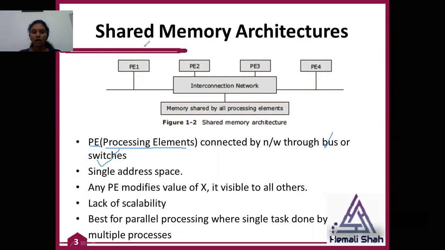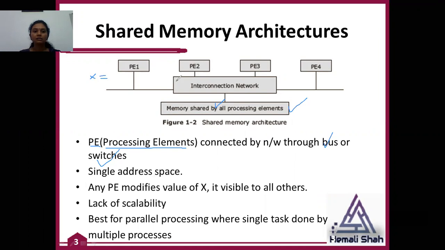They all are sharing the memory. This is a memory, shared memory. This shared memory area is shared between all the processing elements. This is a common memory area for all processing elements. That means, assume that this processing element has a process, and the process has one task, and for that task it wants the value of x.